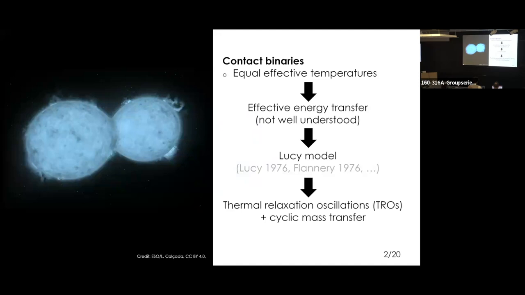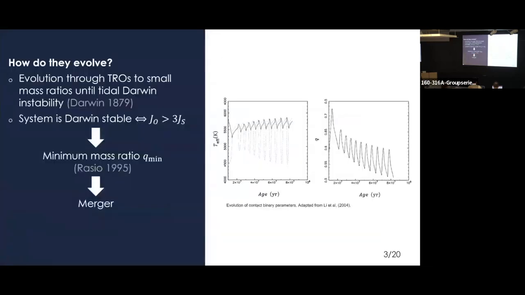During these thermal relaxation oscillations, the two components bump mass between each other, and cyclic mass transfer on the thermal timescale occurs. On longer timescales, nuclear evolution and angular momentum loss drive